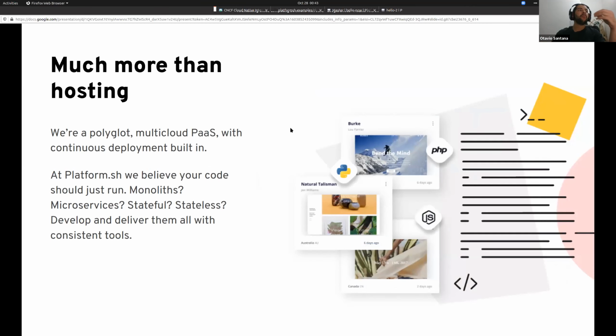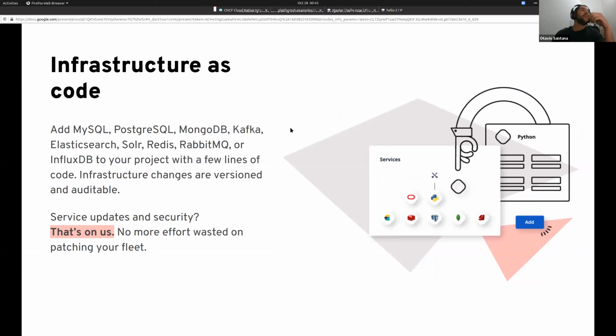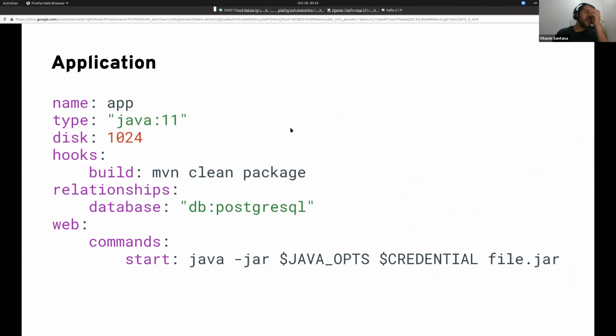Platform Stage is much more than a hosting. We provide several languages, as I mentioned. I showed to you. We have support to monolith, microservice, stateful, stateless application. It is infrastructure as a code, where you define what you want, and Platform Stage is gonna handle to you.